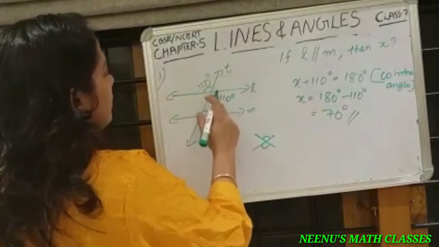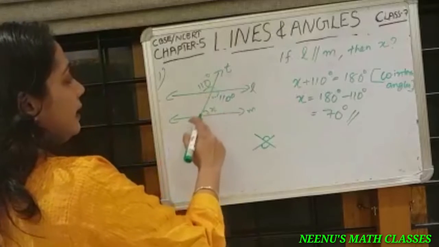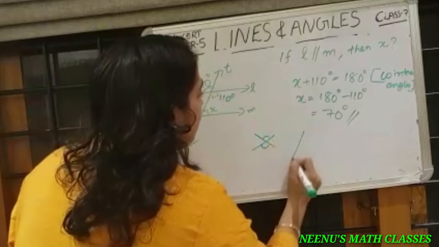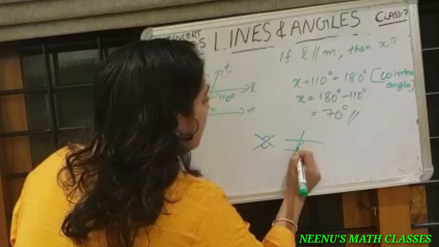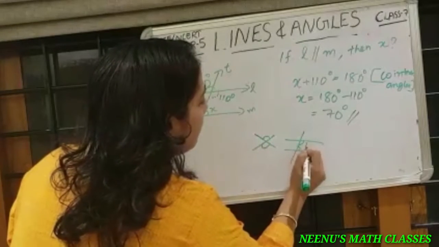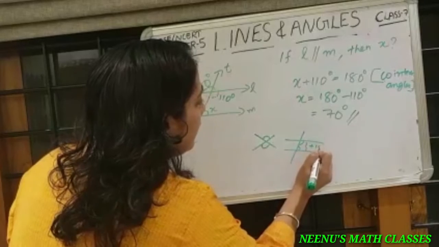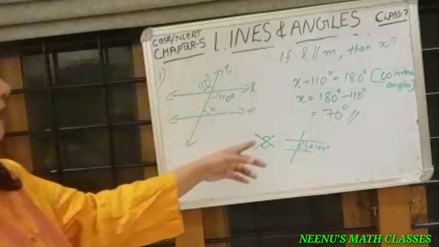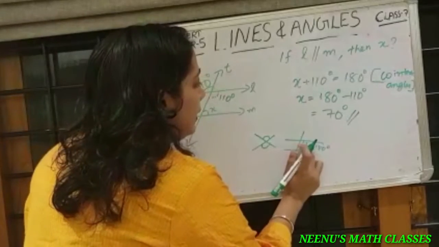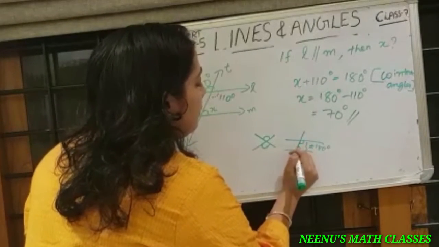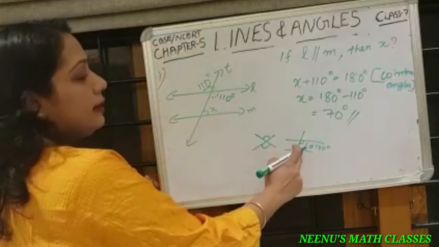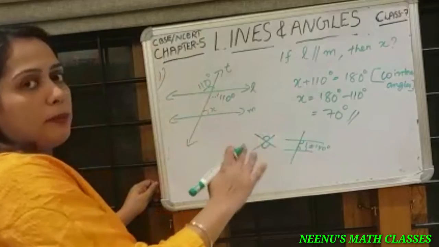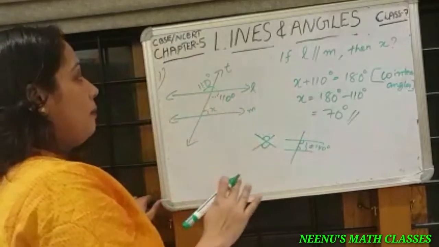This is the same side of interior angles. We know that these are the interior angles on the same side of the transversal. This should be added to get 180 degrees. When we add these two angles, we will get 180 degrees. This is the same co-interior angles. This is the vertically opposite angles. These two properties are used in this problem.